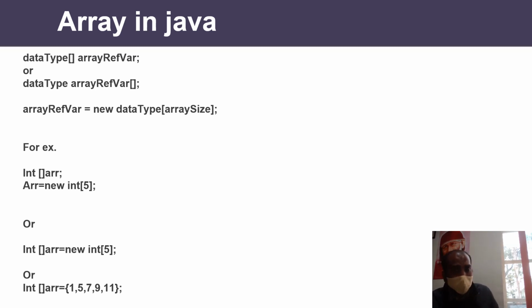If you are initializing the values, there is no need to instantiate it. But if you are initializing values later or you are taking them from the user, you have to define its size also. This is very similar to C++. I would like to request every one of you to please create 10-15 programs related to arrays which you have already done in C++. The rest of the concept is very common, very similar. Array index goes from 0 to size minus 1. Loops will iterate the same way as you have done in C++. So I'm not going to discuss arrays in Java too much. Just this is different that I have shown to you, and I would like to request every one of you to please practice as much as you can.